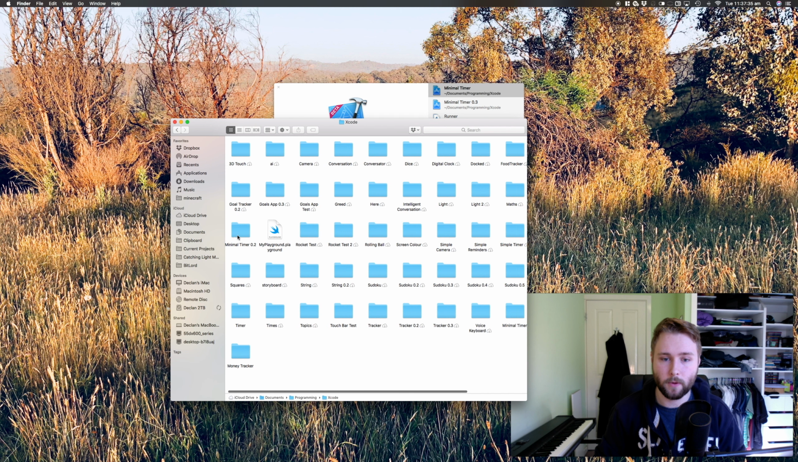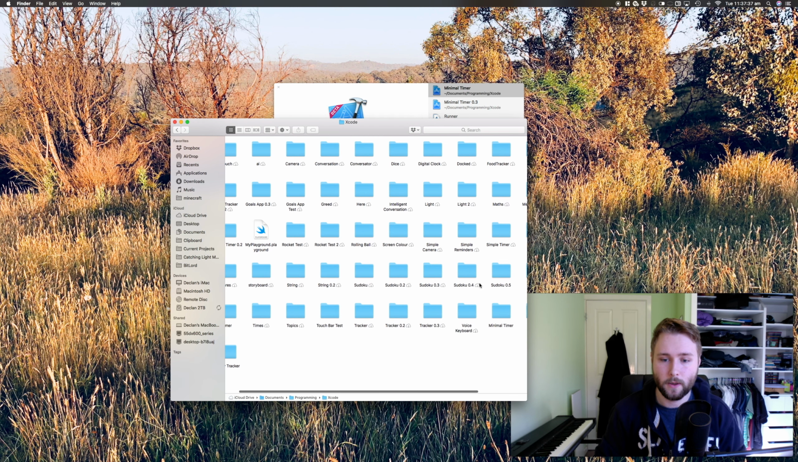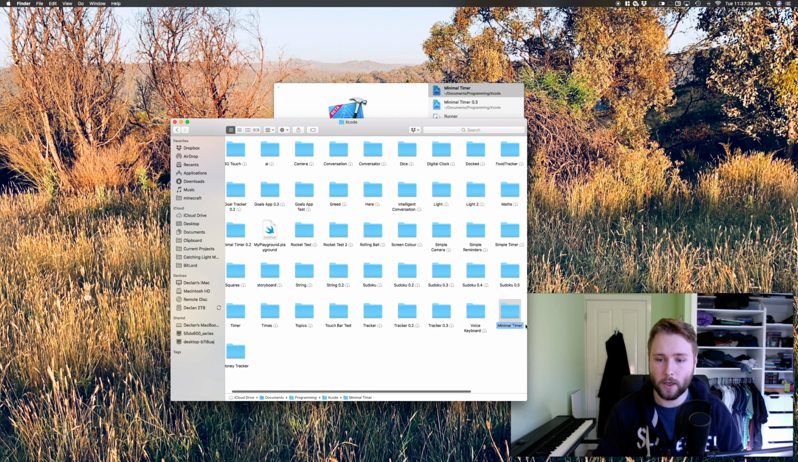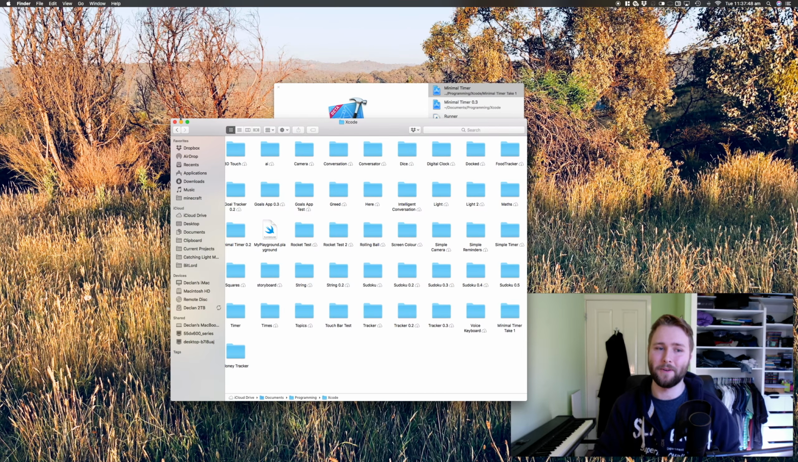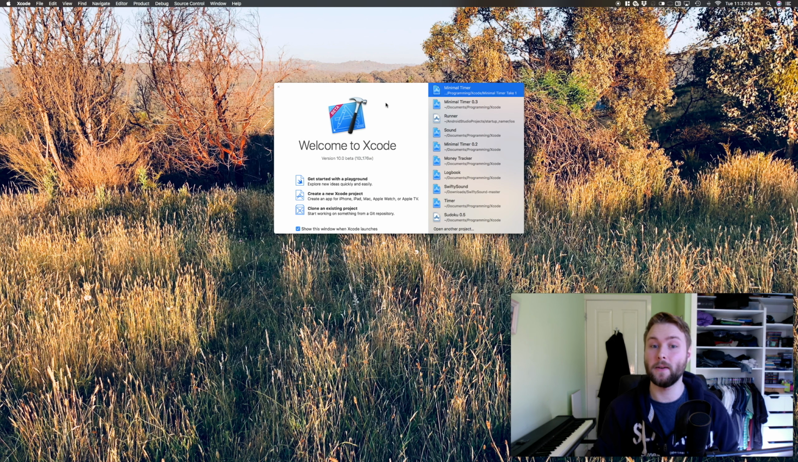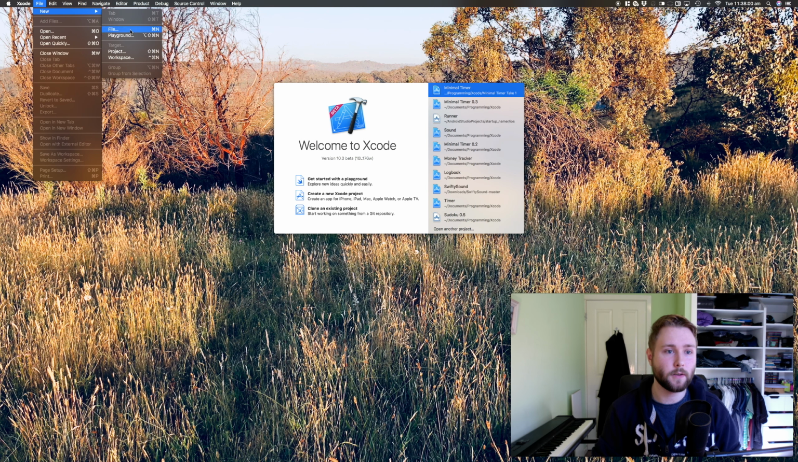See, I've got a couple of minimal timers running around here. This is the one that I need to change. I'm going to change that to minimal timer take 1, I guess, even though it's not the first time I worked on it, but that's what I called the folder in the other one. I don't know. It makes sense to me, and that's all that matters, I guess. So that's minimal timer take 1, and now if I create a new project,